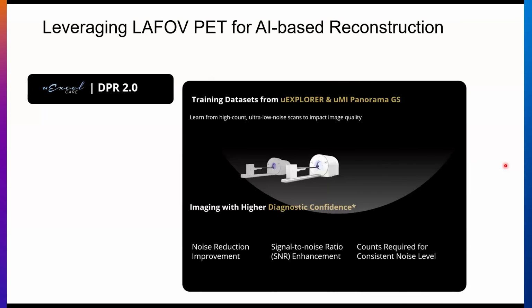This is a sort of stripped down version. I tried to take all of the corporate out of this. I just wanted to mention that there's, of course, another advantage of having these huge cameras and long cameras: you can simply learn the characteristics of your data with extremely high accuracy. And then capture that, in this case, in an algorithm that we call the DPR, which is AI-based reconstruction, trained with data from these